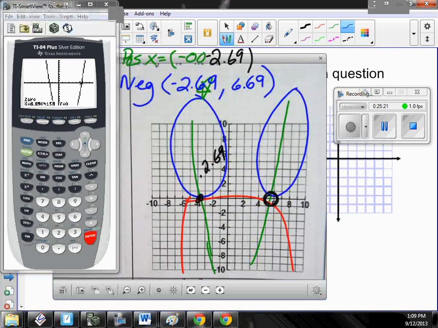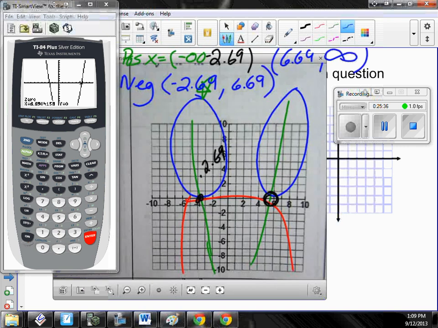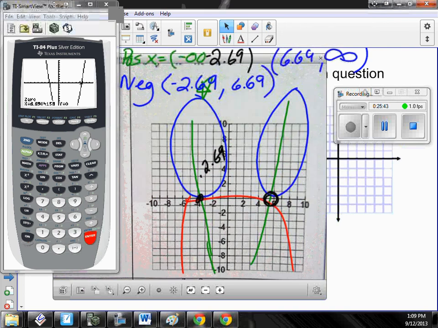And then it becomes positive. How long is it positive? From 6.69 all the way until infinity. Okay, I want you to start working on the rest of this. There are a couple more things that we need to learn, so I'll go over those when we get